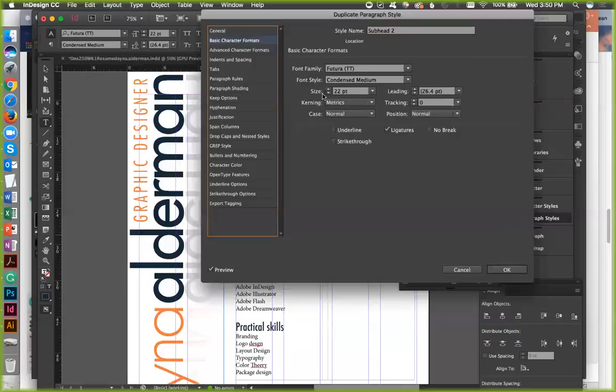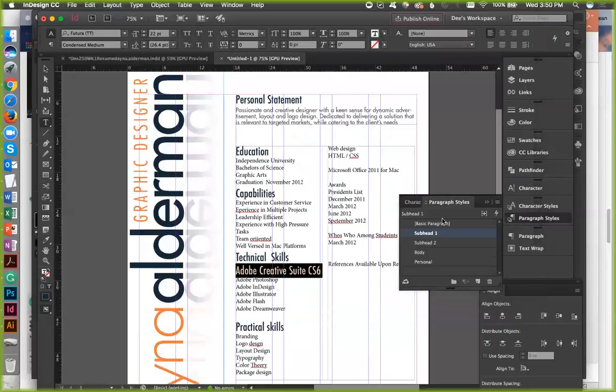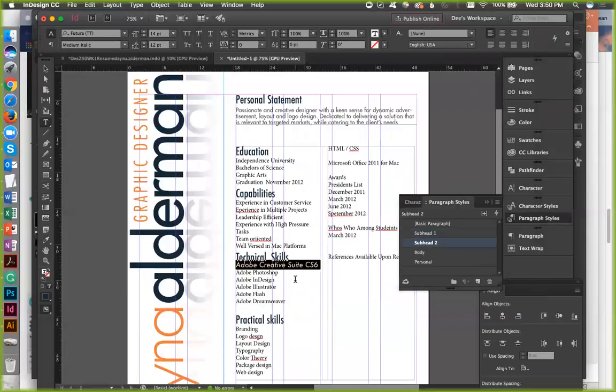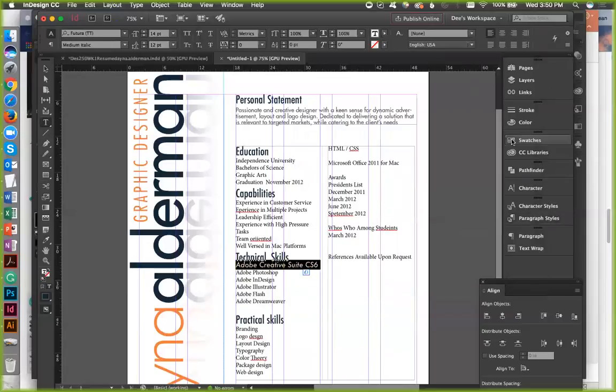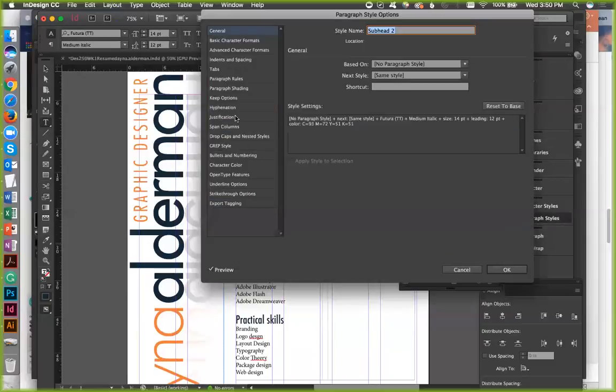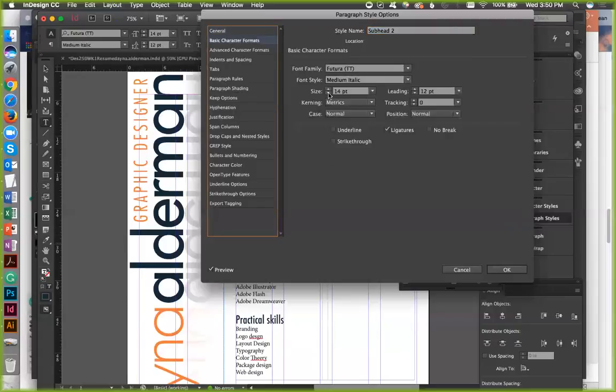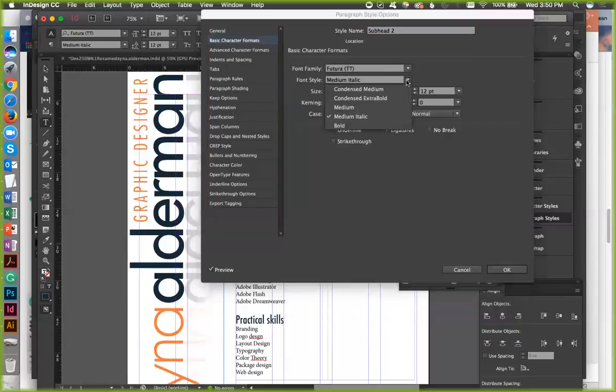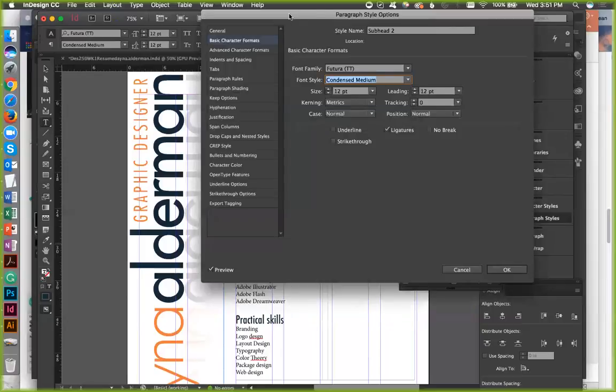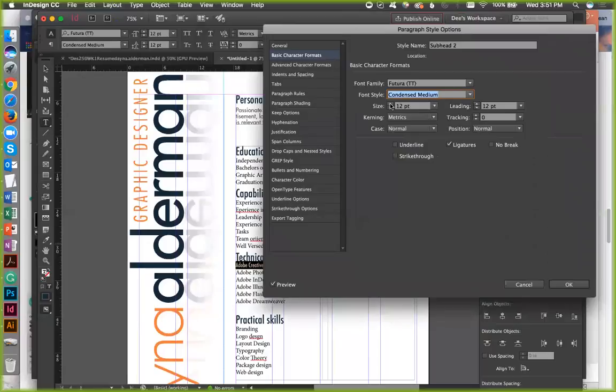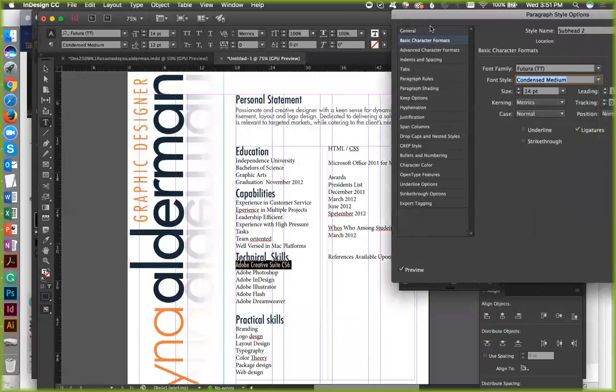And I'm going to do a 14 condensed medium italic. Okay. I don't like that. It's got to be smaller than that. Subhead 2. Condensed medium. Yeah, that might work. 12, 13, 14. Condensed medium, that'll work.